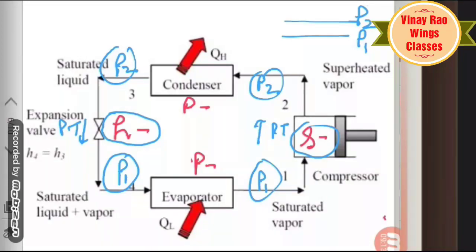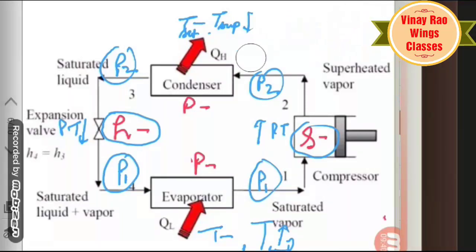In the saturated region, temperature is constant in both cases. But in the superheated region, T superheated versus T saturated. In the superheated region, there is a decrease in temperature in the condenser case. But in the evaporator case, there is an increase in temperature at superheated. I will explain this to you through the PH chart. But first of all, you have to learn